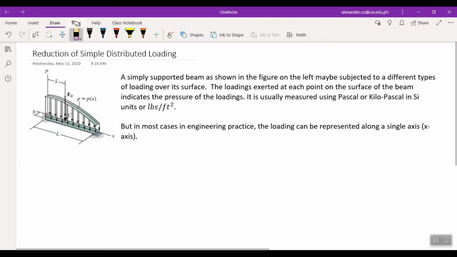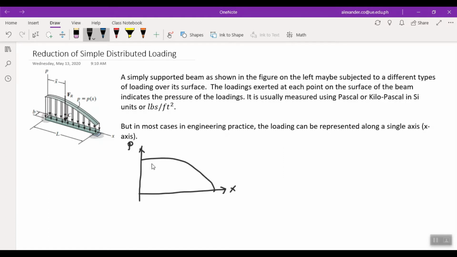Meaning to say, if you look at this picture, it's isometric. Let's make it 2D, so it looks like this. This is X, and this is Y, or P, meaning the force. Force P. And you have a load something like this, a typical loading. We don't know if it's a parabolic curve or whatever. If you notice,